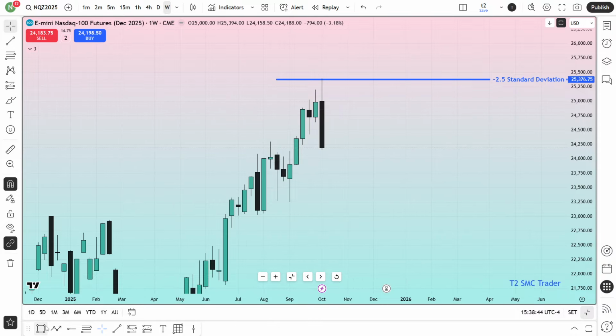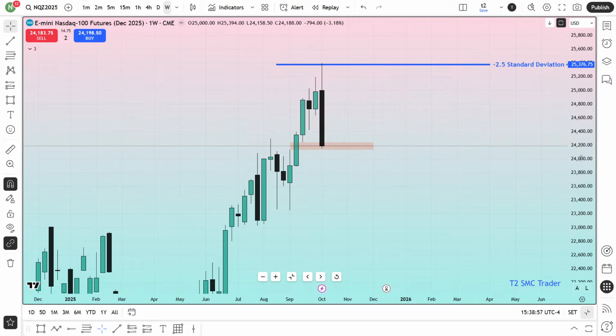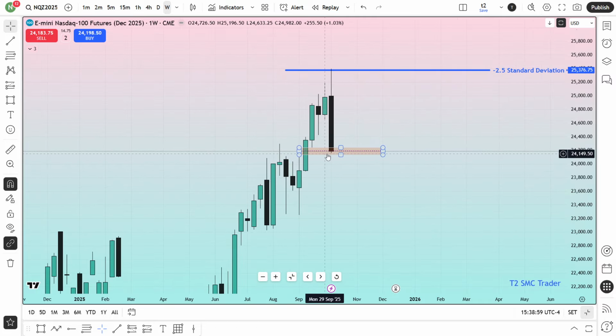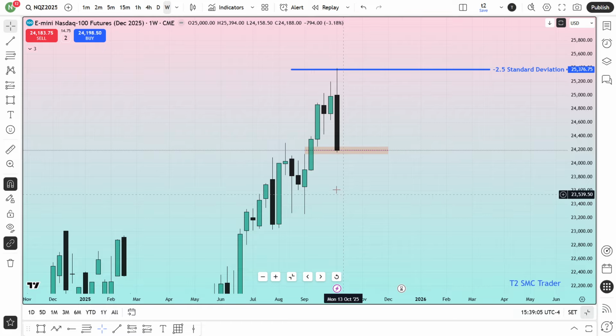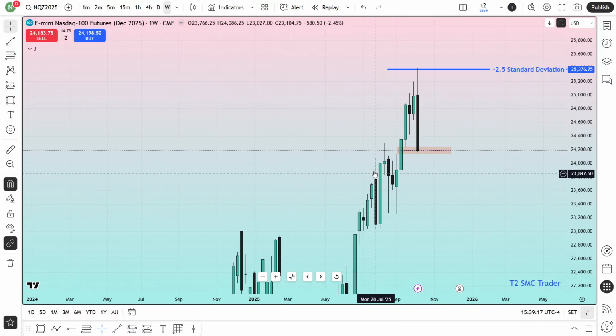Now you can see that there is a buy side imbalance, sell side inefficiency around here, where the market came and closed, so beautifully supporting the 50%, or the consequent encroachment, of that bullish fair value gap. Instead of this bullish fair value gap, I would love to draw your attention over here to that specific candle's wick. Why is that important to me? Because this wick is more prominent to me, and this is the highest wick that has cleared all of the highs, as well as traded a fair value gap. Now you can say, brother, there is no fair value gap as it was the all-time high.